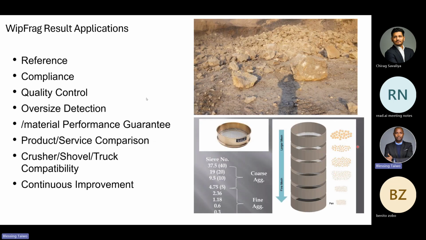Application: what are those things that you can see as a focus when you want to assess your blasting? Blasting operation is not as easy as we think it is. Recently I have had discussions with people, and the first question they always ask me is, why do we have variation in results? You might be working in the same bench, carrying out blasting in that same bench with the same parameters, and you have different outputs.